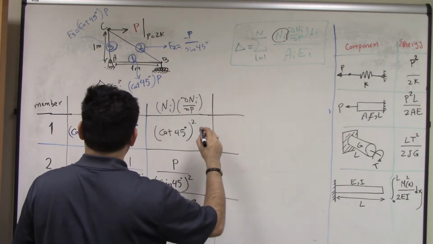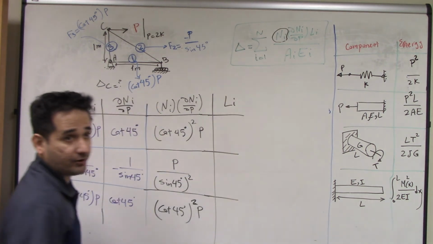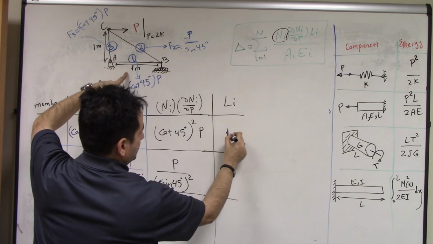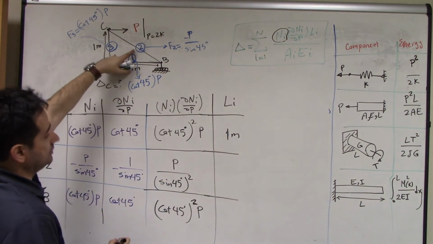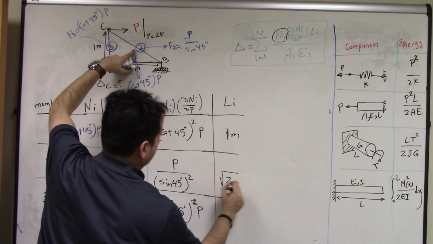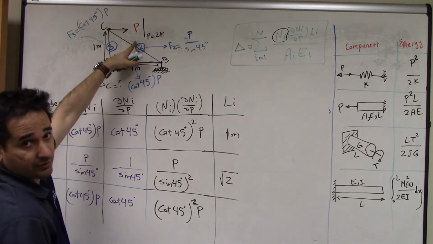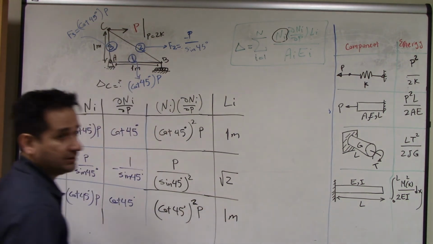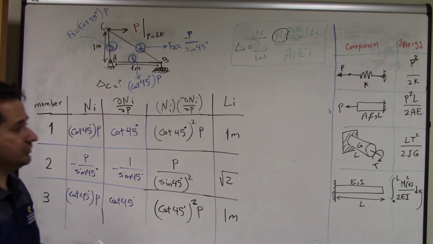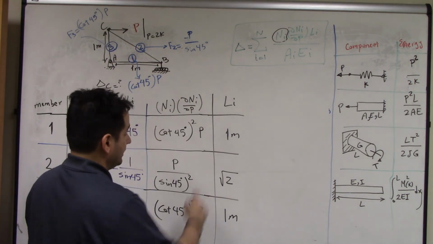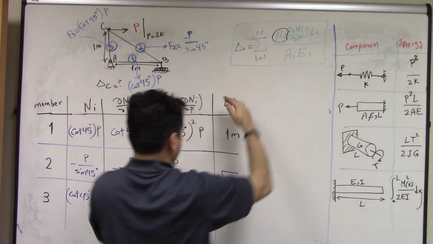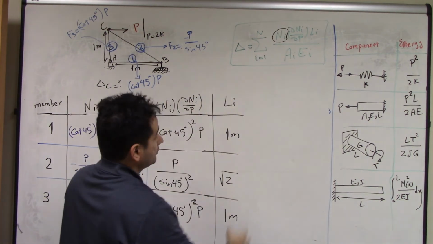So this is Li, the length of bars. For bar number 1, the length is just obviously 1 meter. For bar 2, the length is the square root of 2, because this is 1, square root of 2, right? For bar 3, the length is 1 meter, right? So all you do at the end, you multiply these together, add them up all together,